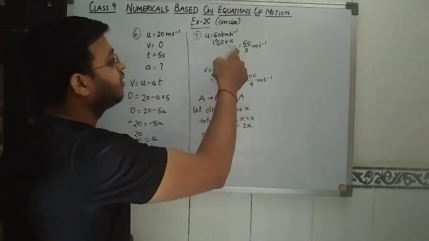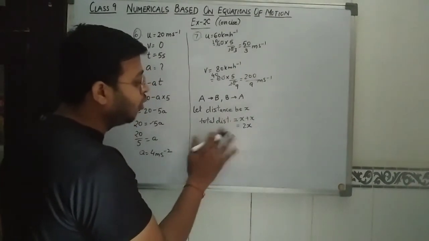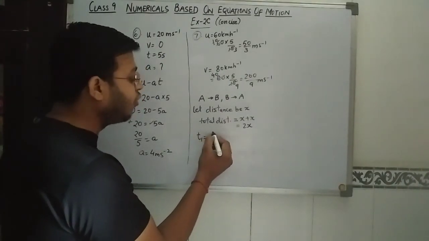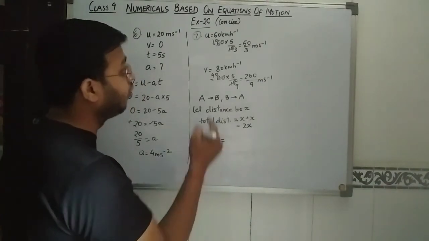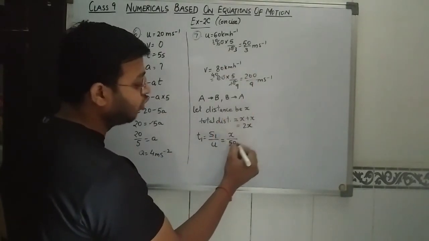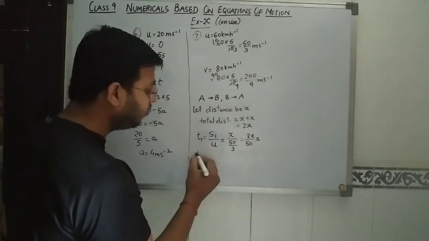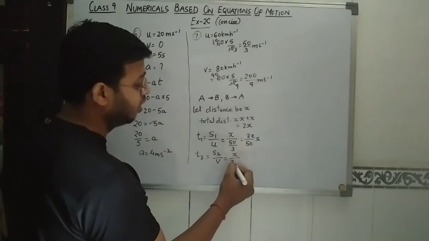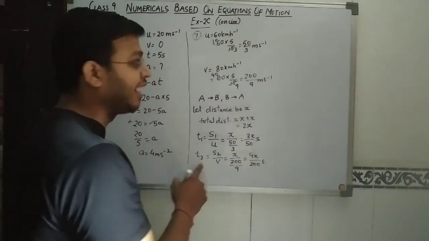Total time. The x distance is covered by 50 upon 3. So time formula. Let me tell you with the help of different times, then we add them. So T1. T1 means time formula, displacement upon speed. So S1 upon V1. In the place of V1 we can write U. So S1 is x and value of U is 50 by 3. So when we solve it, it will become 3x by 50 seconds. This is T1. And T2 is S2 upon V. The displacement is again same. So x upon 200 upon 9. So it will become 9x upon 200 seconds. This is the second time interval.